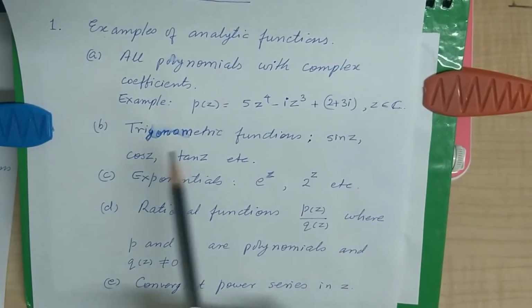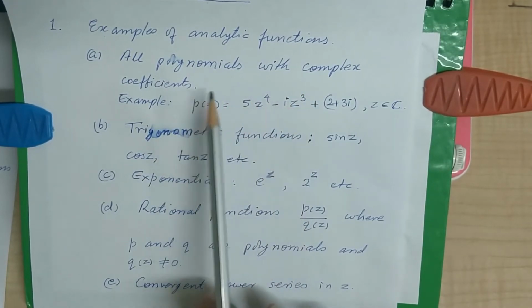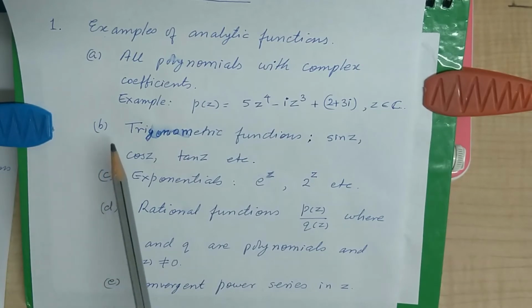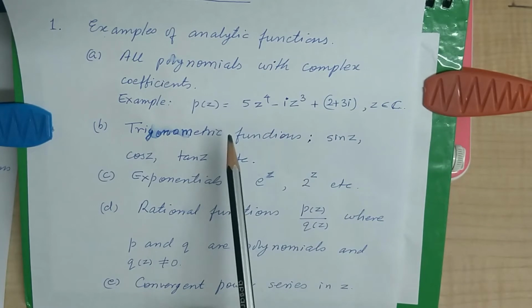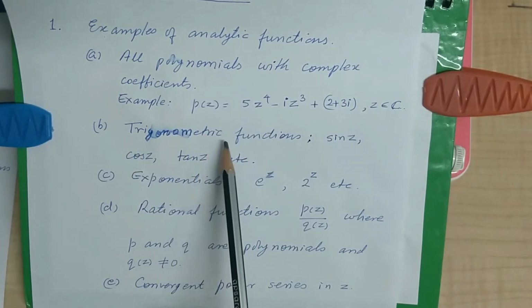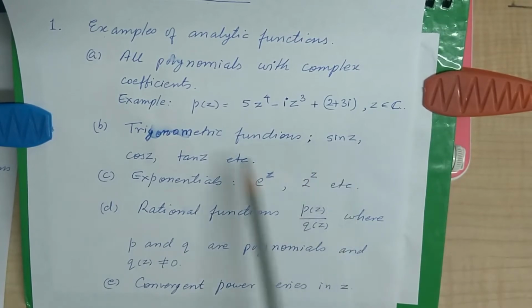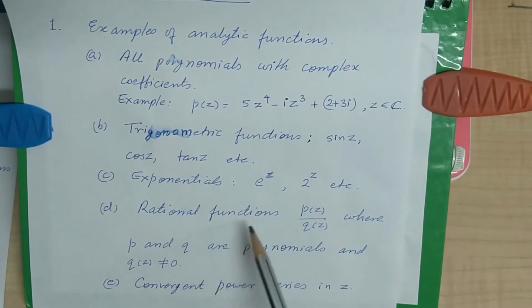So polynomials are one of the most basic examples of analytic functions. So an example is given over here. Trigonometric functions like the sine function, the cosine function, the tan function in their respective domains, of course, are analytic functions. The exponentials like e raised to z, 2 raised to z are analytic functions. The rational functions,